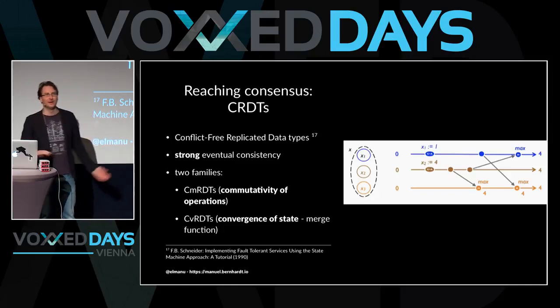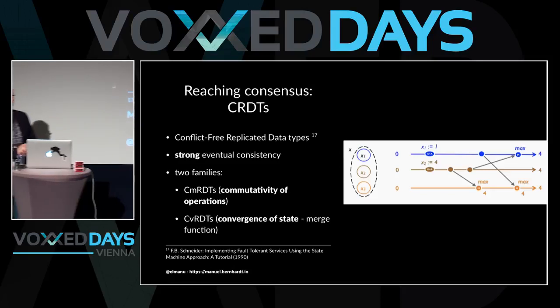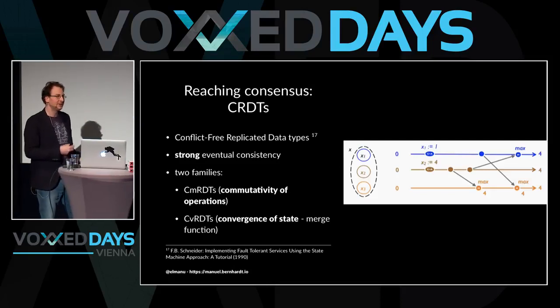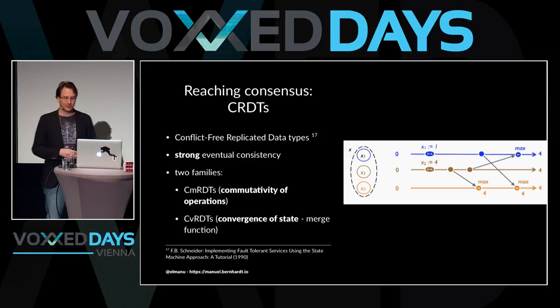It's 4 everywhere. And this may sound a bit esoteric, and it is, but there's more and more CRDTs being discovered, sets, maps, things like this. So it's getting easier and easier to build things on top of that. They're extremely powerful, and it's a very active field of research. Now